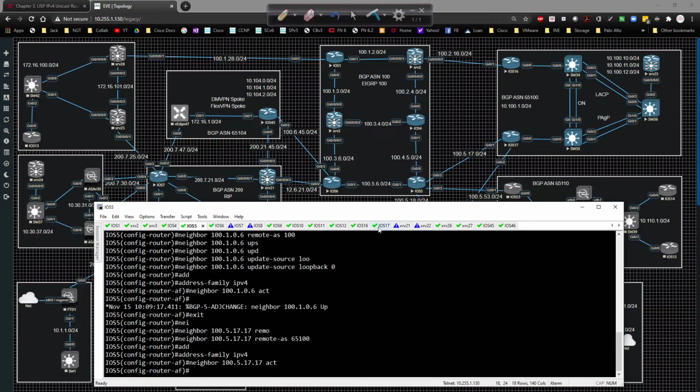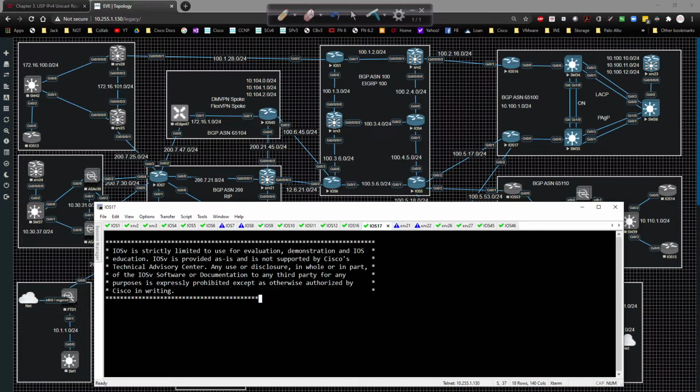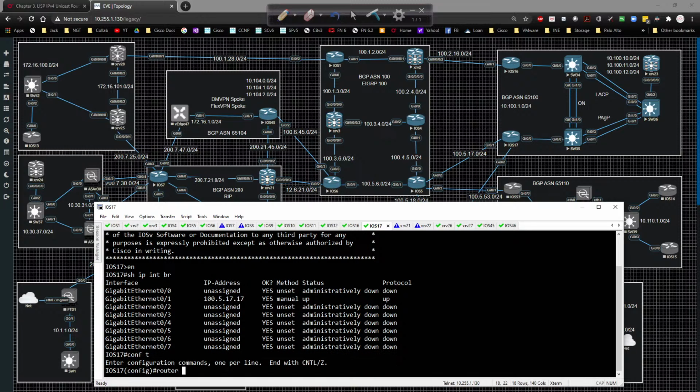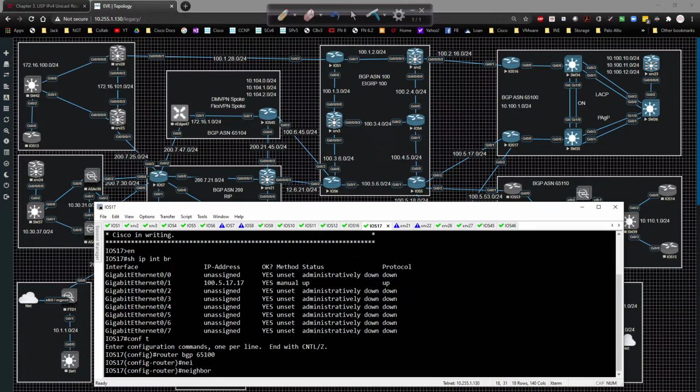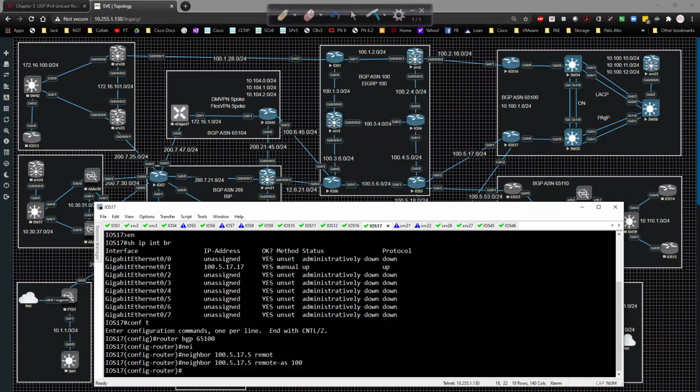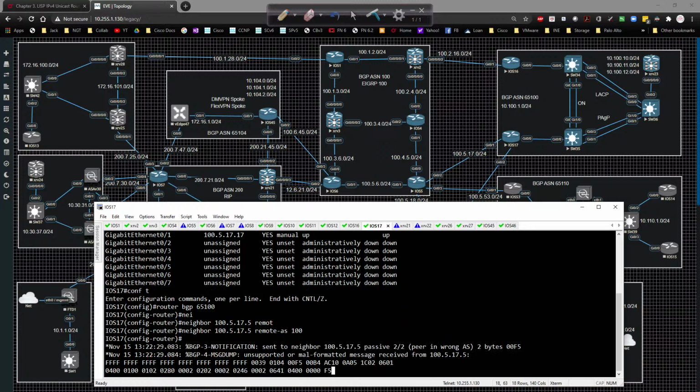Okay, now on 17, come over here, show IP interface brief. We've got this guy right here. We're going to go to global config, router BGP, in this case 65100. I'm going to type in neighbor of 100.5.17.5, remote AS of 100. Now after a couple seconds, we should get a